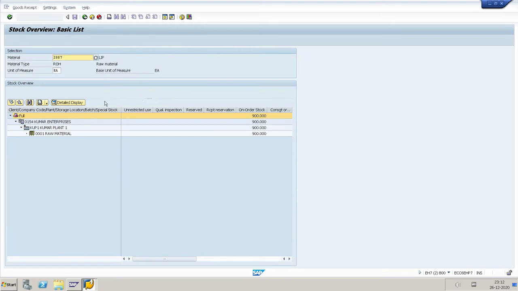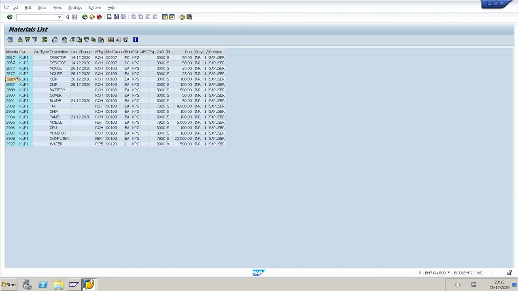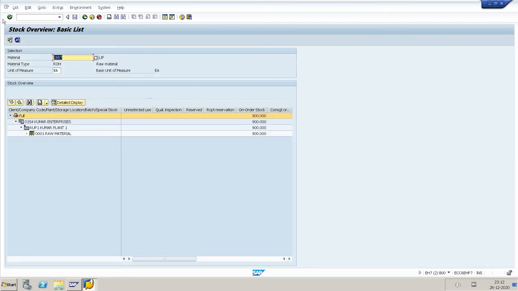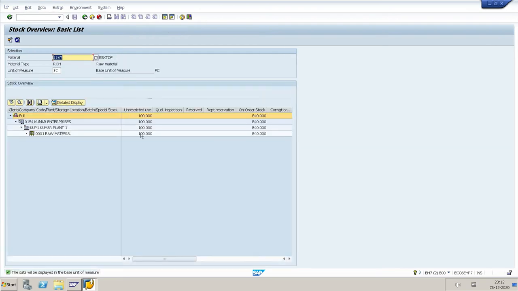For transfer posting, there is no stock in the system, so I will take another material. It's available in 2867. We'll check the stock now. The stock available is 100 numbers. So I will take this material for transfer posting.